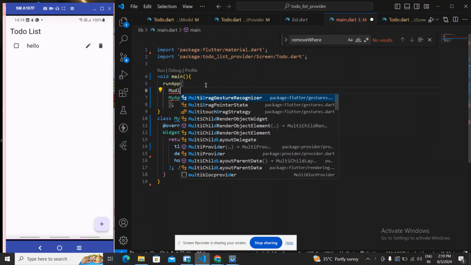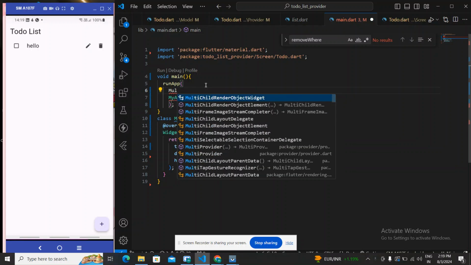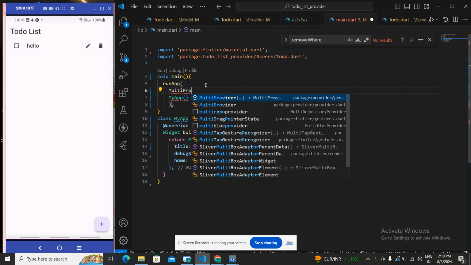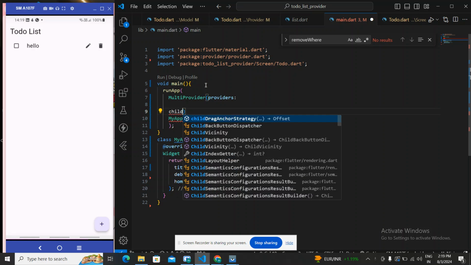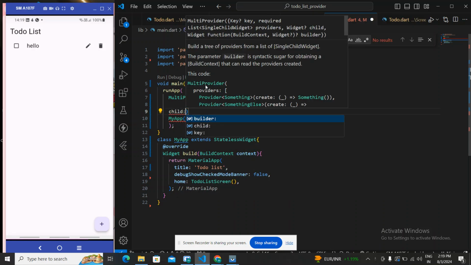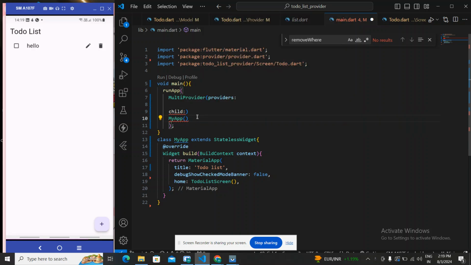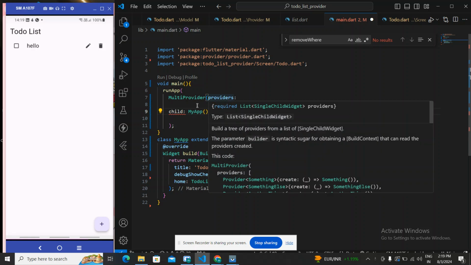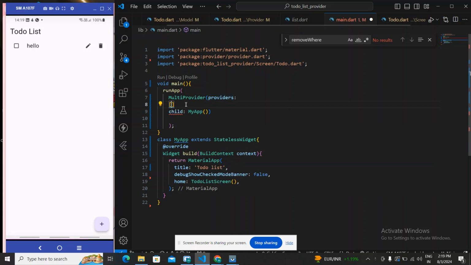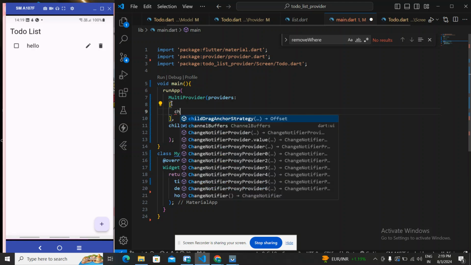We can use the multi-provider or the simple provider as well. Here I am going to use the multi-provider, and it will take a child. Child will be this thing. Okay, so this will take a change